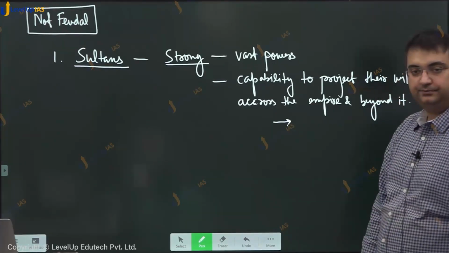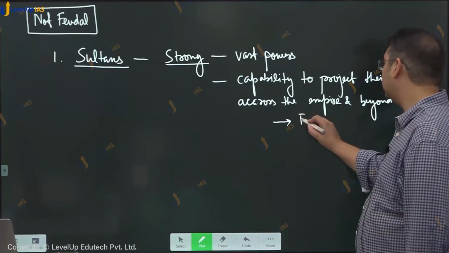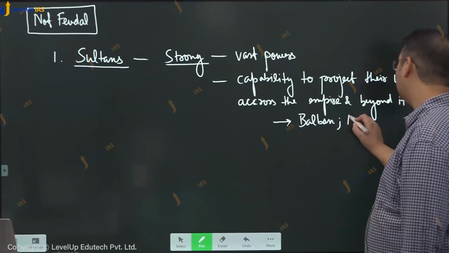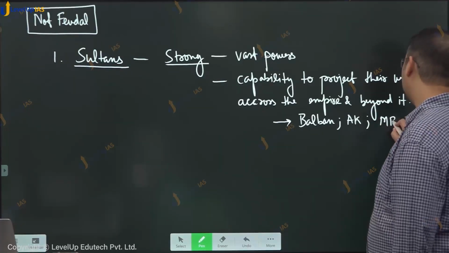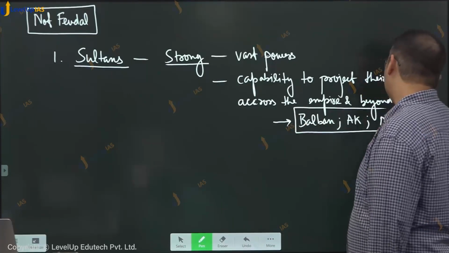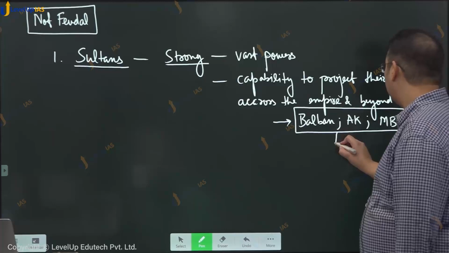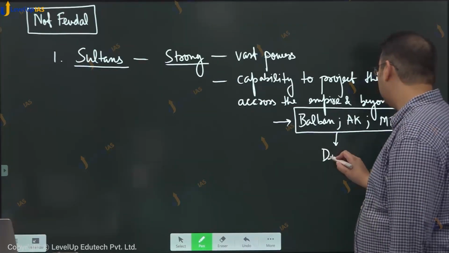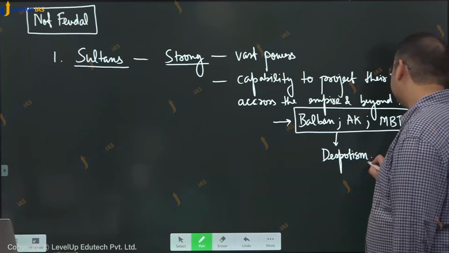Case in point, the activities of strong sultans such as Balban, Alauddin Khilji and Muhammad bin Tughlaq. And if you look at all their theories of kingship, common element क्या मिलेगा? Excessive despotism,